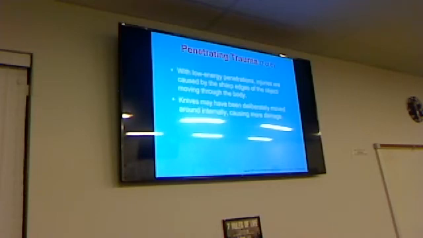Is this a patient that was shot with a 22 caliber bullet, or is this somebody that was shot with a 45? You have to get all that information and start to put the pieces together. Knives may have been deliberately moved around internally, so as to cause more damage. So you get those